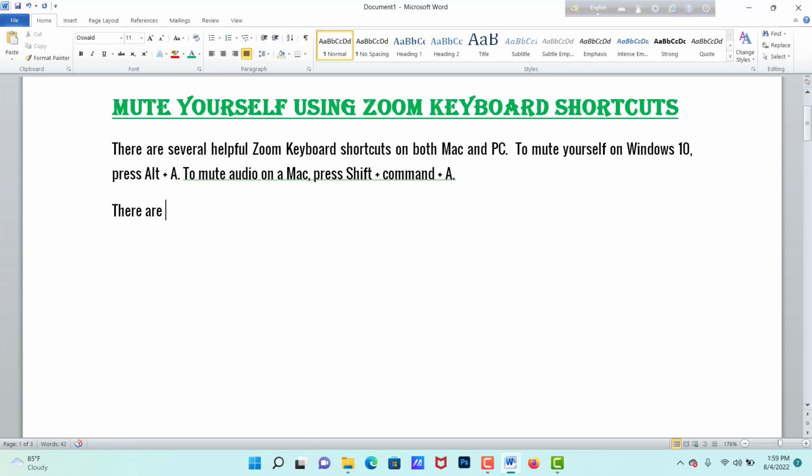There are plenty of other useful shortcuts on both Mac and PC, shortcuts and tips to use in Zoom,